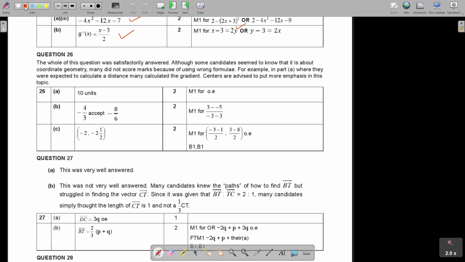So let's just look. So this was 2. Again, I cannot see what they gave you for the first, but I think if you're there under the root, they would have given marks. But then 10 units, the part under the root. And then the next one, if you come to that value, you can swap it around like mine, but as long as you come to -4 over 3, you're correct. Then the next one also, if you substitute, and then also for your final answer.